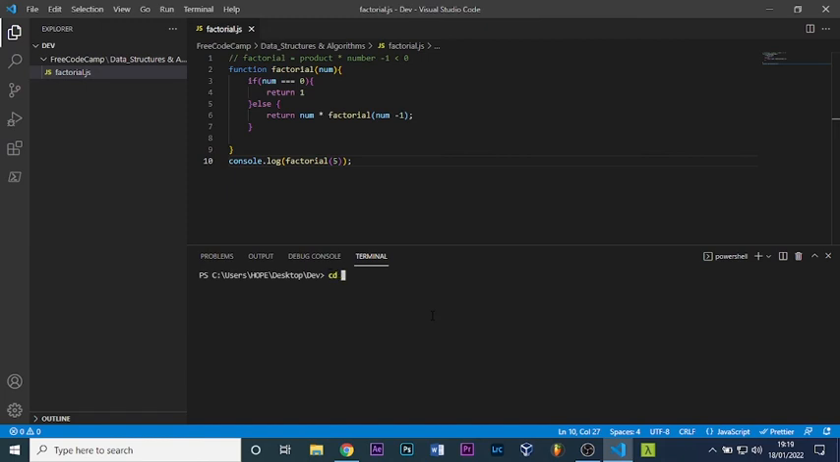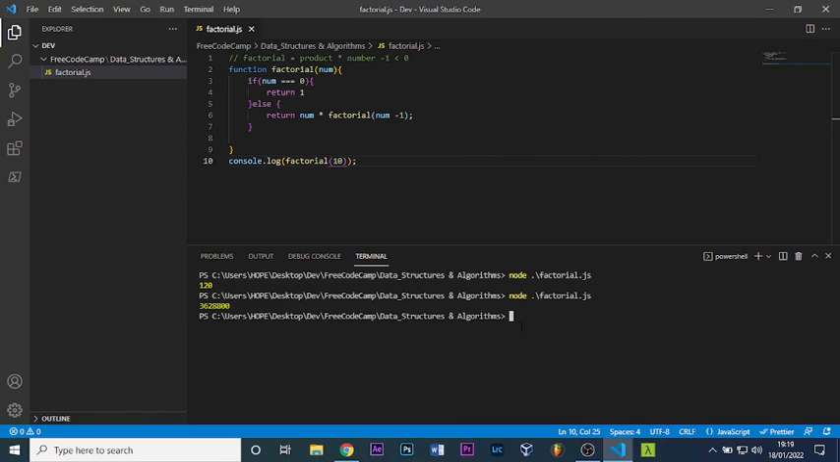Let's cd into the freeCodeCamp folder, then cd into the data structures and algorithms folder. So let's try and run node factorial. Yeah, it gives us 20. If we pass in a number like 10, let's see what's going to be the result. It's going to be, yeah. So I think our function is